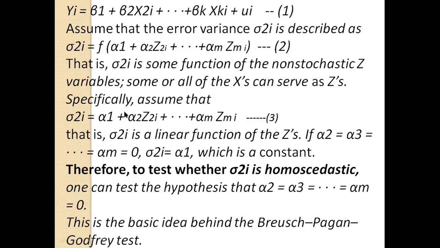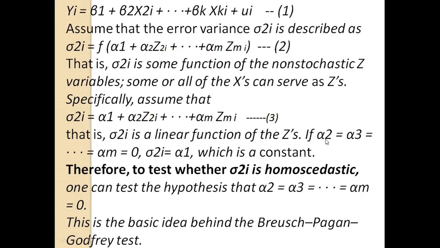As it is, we can write it in the regression model. Here we have written the functional form as a regression form. So the variance is a linear function. There is no power function and there are no squares. So it is a function of the z.